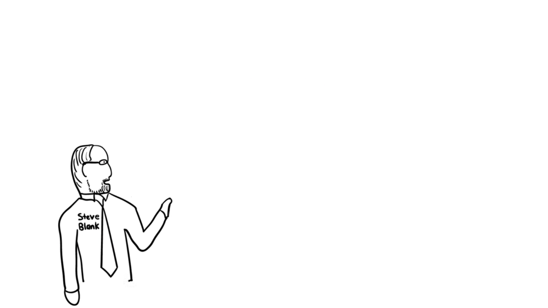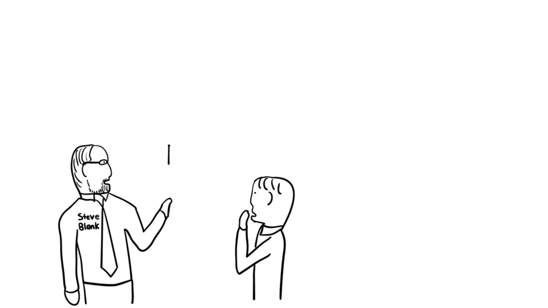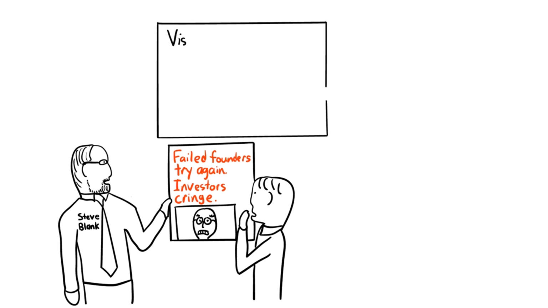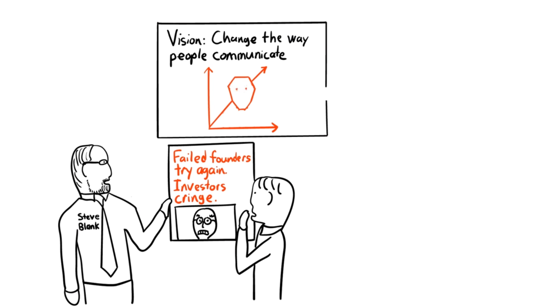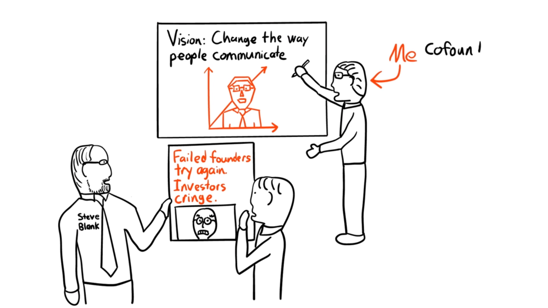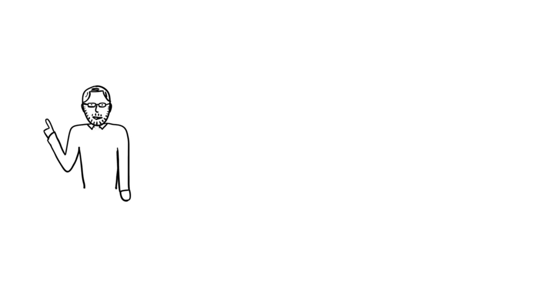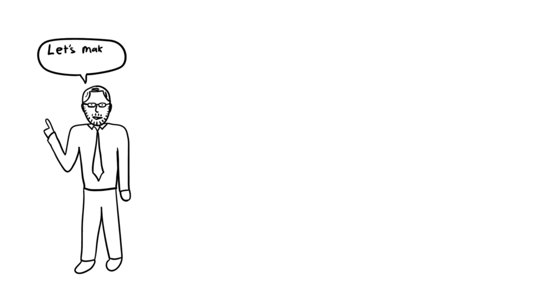In 2004, a group of founders have just started a new company. Their previous company had failed very publicly. Their credibility is at an all-time low. They have a huge vision to change the way people communicate by using a new technology called avatars. The engineering challenge before them is immense. I'm in this second story too. I'm a co-founder of this company, which is called IMVU. At this point in our careers, my co-founders and I are determined to make new mistakes.